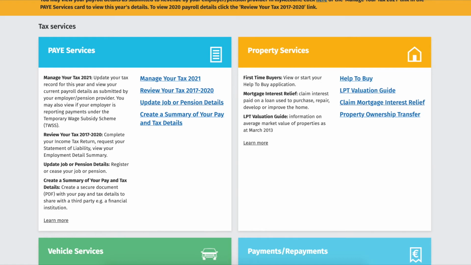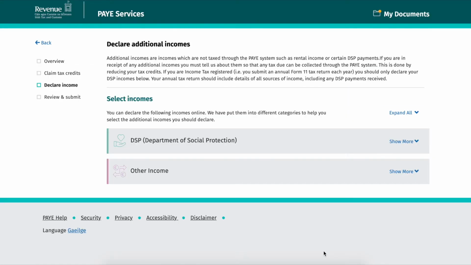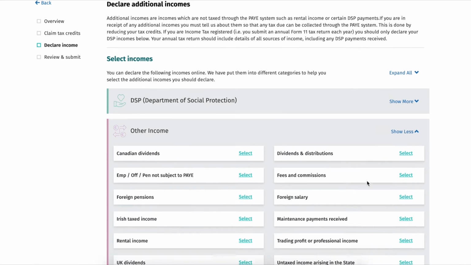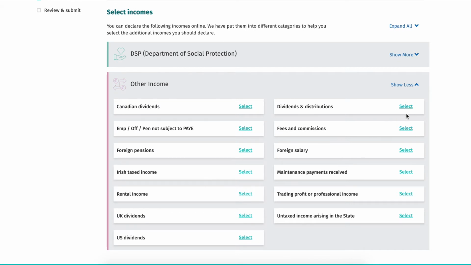What you need to do to declare your dividend income is find the tax year that you want to declare it for, and you'll click on that. Then you'll be taken to a page like this where you click on declare income, and all you have to do is click on the other income drop down and then click on dividends and distributions, and then you'll just be taken to a page where you enter the amount, and that's it.